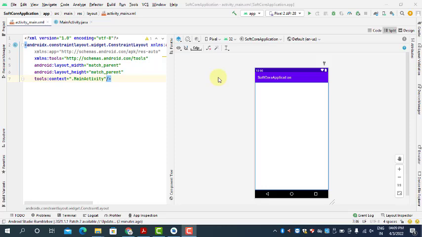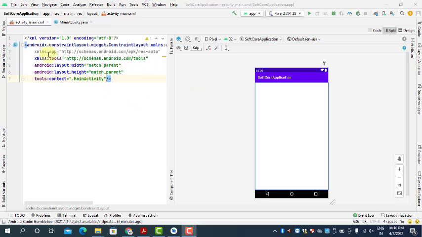Otherwise, we will print the login failed message on the toast. We allow the login for the user 3 times. That means the user can enter wrong credentials a maximum of 3 times. After that, we disable the login button.